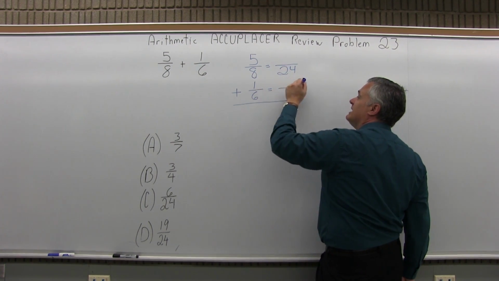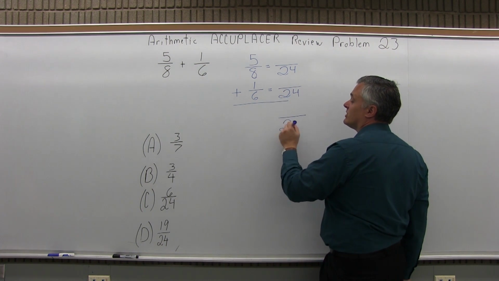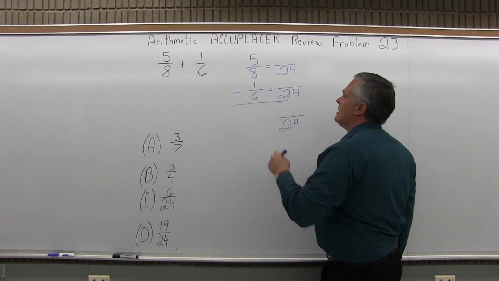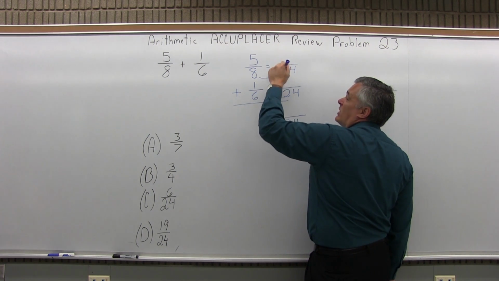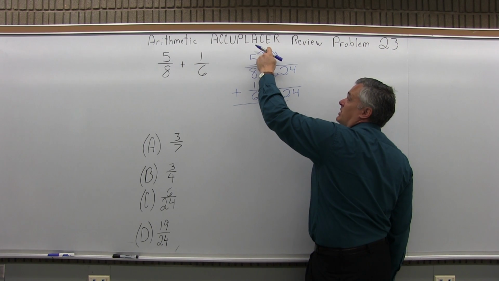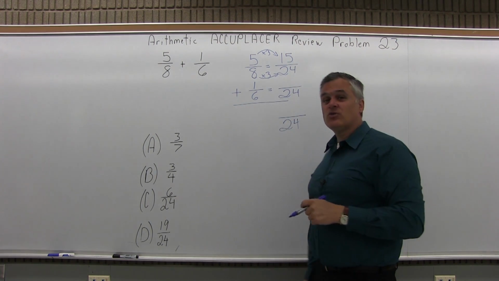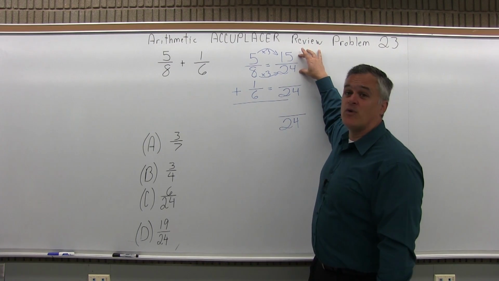So I'm going to convert each fraction into something over 24. And in fact, I know now the answer is going to be something over 24. Just have to figure out the top. So for the 5/8, what's an equivalent fraction? So 8 times what got me to 24? It was times 3. So to keep the fraction equivalent, the top, or numerator, must also be multiplied times 3. 5 times 3 will give me 15. So 15/24 really is the same as 5/8,